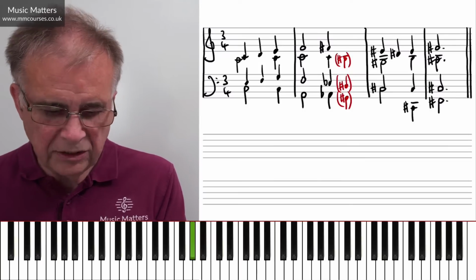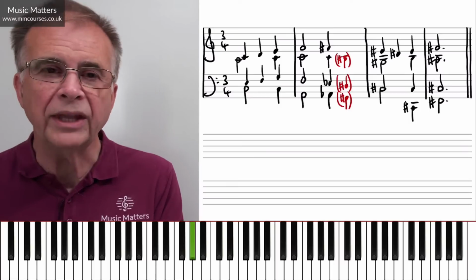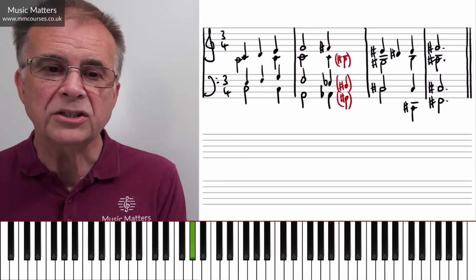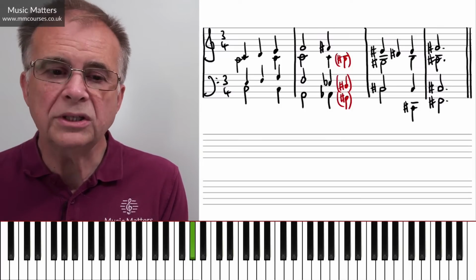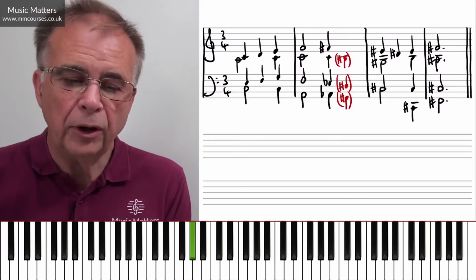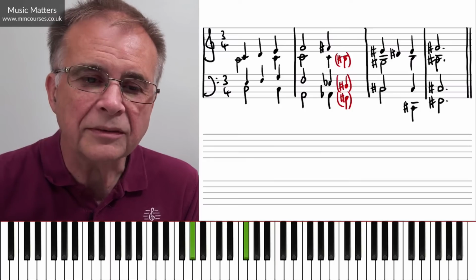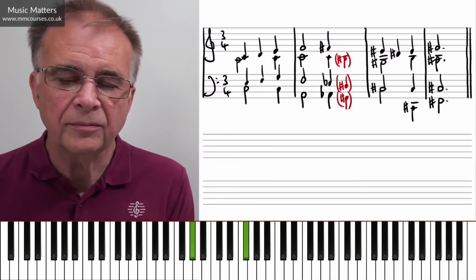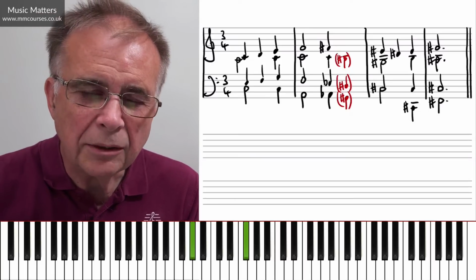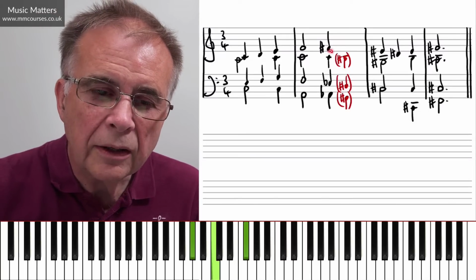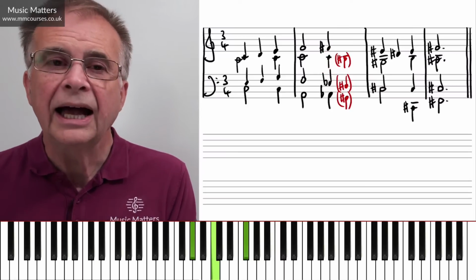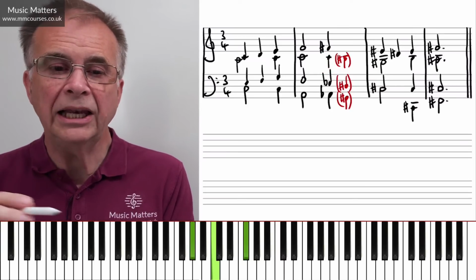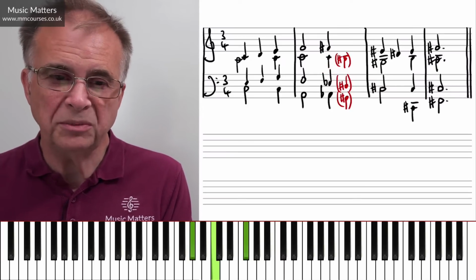Okay, now to make this augmented 6th chord, I base it on that A flat, that 6th degree of a minor scale, or the lowered 6th of a major scale. I put an augmented 6th above it, so that's F sharp. I then put the tonic in the middle of the chord somewhere. Well, there's the tonic. And then we've got the Italian, French and German 6th.